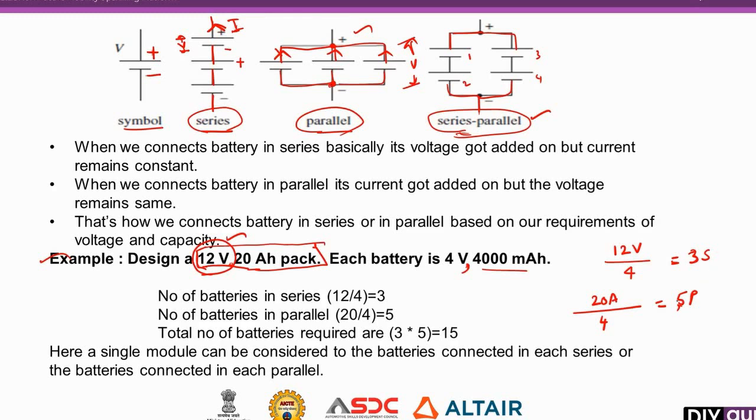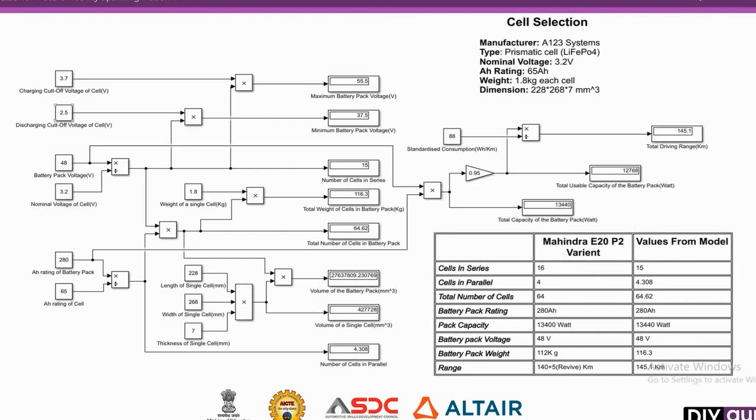So the total number of batteries required is 3 into 5, which is 15 cells, required to form this 12 volt 20 ampere hour battery pack. Now you will see the modeling of the battery pack and how the vehicle range is calculated, considering the